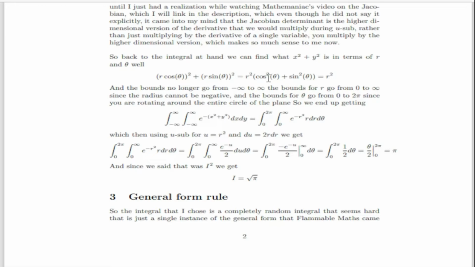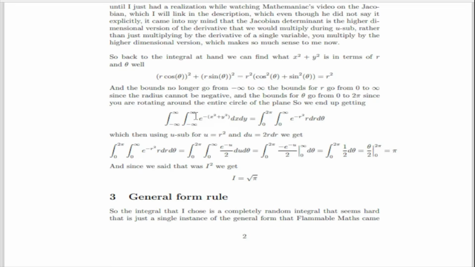And the bounds no longer go from negative infinity to infinity. The bounds for r go from 0 to infinity, since the radius can't be negative. And the bounds for theta go from 0 to 2 pi, since you are rotating around the entire circle of the plane. So we end up getting